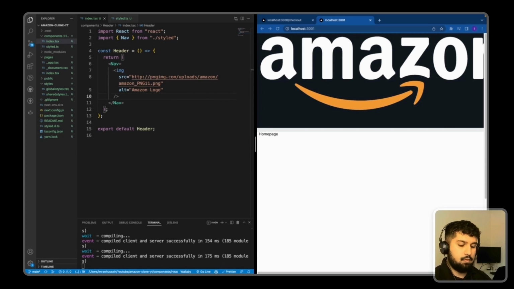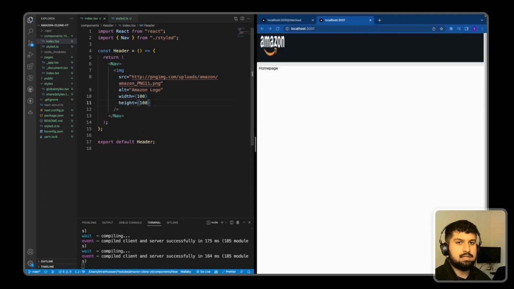So I'm just going to give it a width of 100 and a height of 100. So width is equal to 100 and also a height of 100. And now that has shrunk a little bit. And for image optimization, we want to use the Next image component. So if we change this to a style component, and then we will use the Next image component to optimize